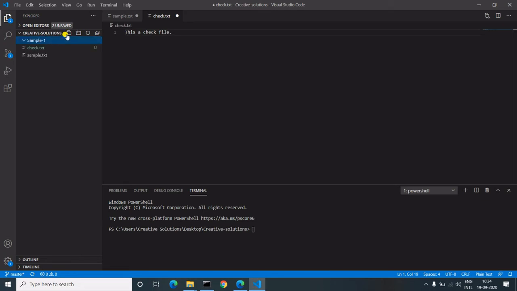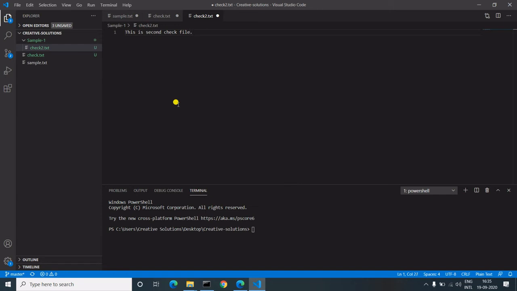Let's go inside the folder, and we'll create one more file there. We'll just name this check2. We'll have to give this the extension .txt here. Now this is the second check file. This is more or less just to show you that the entire folder can be pushed there.